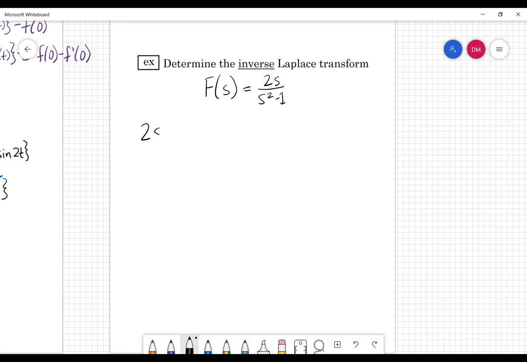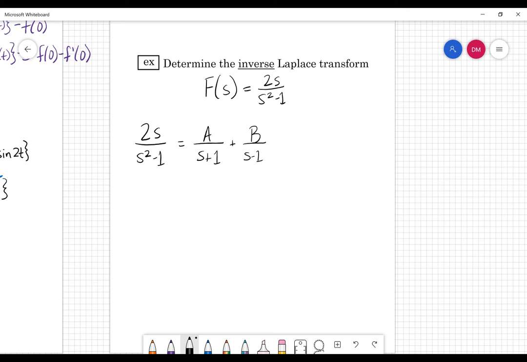What we're going to have to do is take this function of s and factor the denominator here, which is s plus 1 times s minus 1, and we're going to review our partial fractions method. So we're going to call this A, and we're going to call this B, and we're going to figure out what those numerators should look like to split this singular fraction into two fractions that we can do the